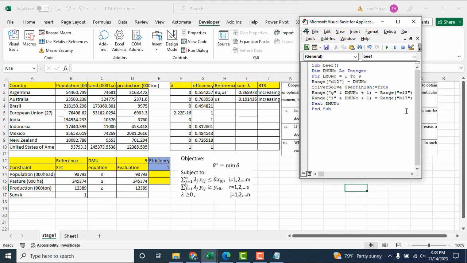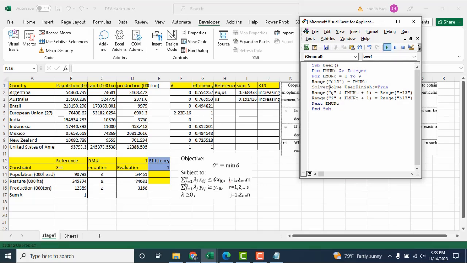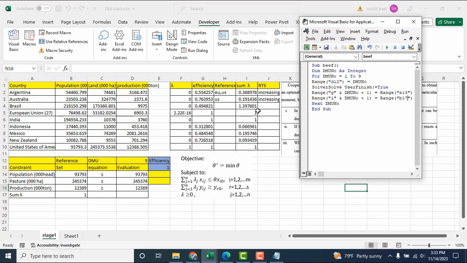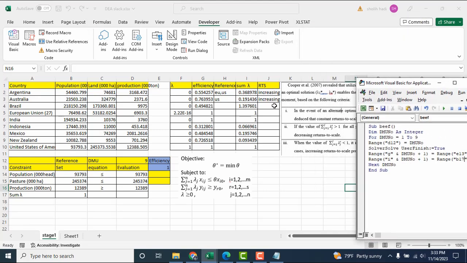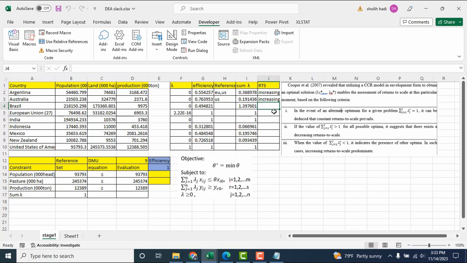Try. Okay, we get here, so we can type here. This is decreasing, this is constant, this is increasing, increasing, increasing, and increasing.